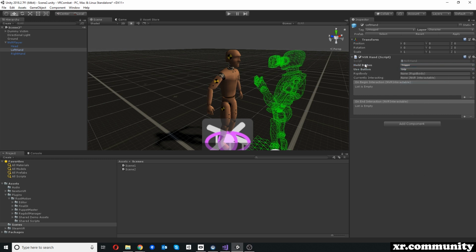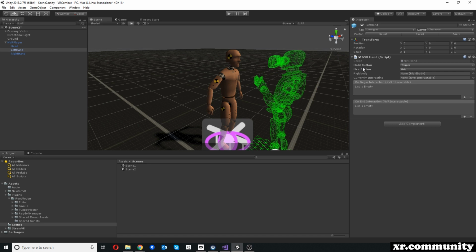Now in the future we can decide, do we actually want to get rid of the hold button altogether so that our controller is always solid, so we don't have to hold any button? Or if, for example, something like using weapons is important to us, so if we want to be able to pick up a sword or a baseball bat in the future to beat up our dummies, then it is still important that we have a hold and a use button, because you want to be able to hover over your weapon and then